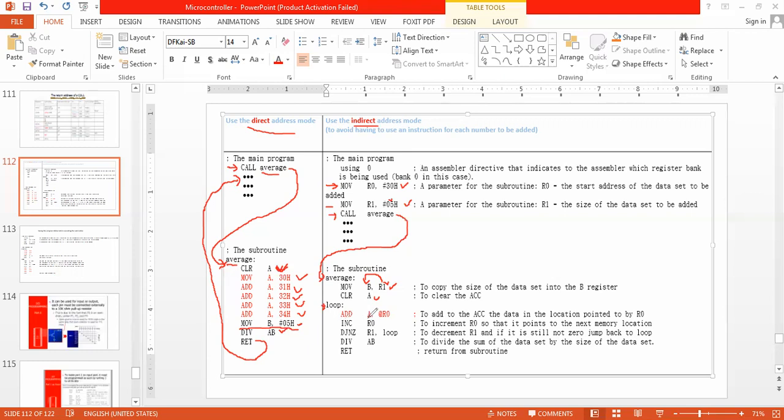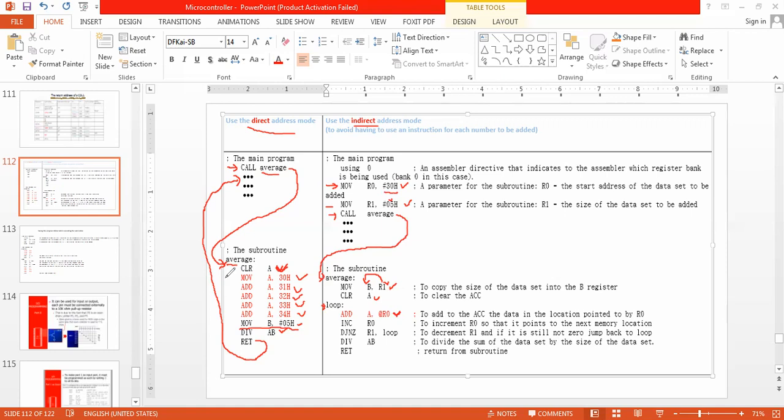So add A comma at R0. At R0 means what? In R0, 30h is there. So inside the 30h, whatever the data is there, that data is going to be added with A, which is cleared.